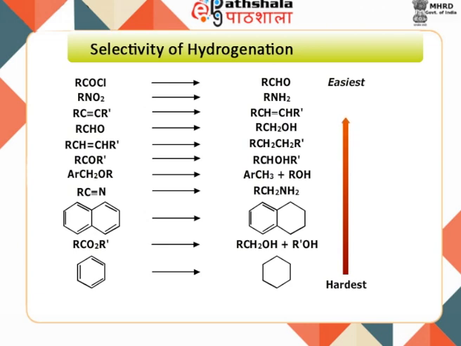Not all functional groups are reduced with equal ease. Generally, the decreasing order of reactivity of various functional groups is listed in the table here. Groups at the top of the list can be reduced selectively in the presence of those at the bottom. For example, reduction of an unsaturated ketone to a saturated ketone can be accomplished readily by hydrogenation over palladium, but the hydrogenation of an unsaturated ketone to an unsaturated alcohol is not possible.